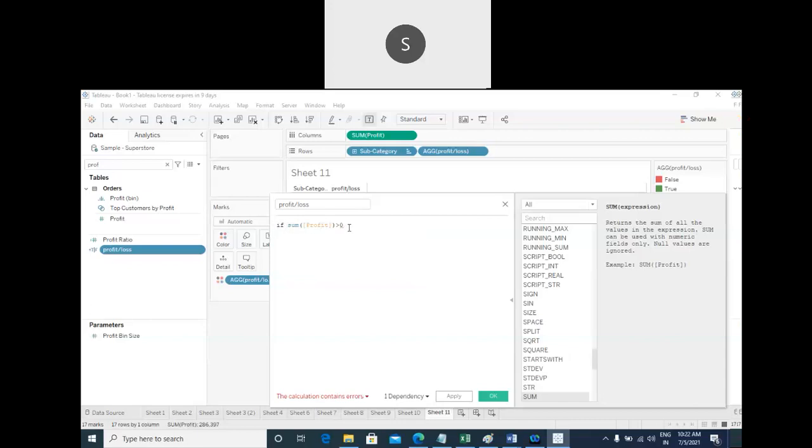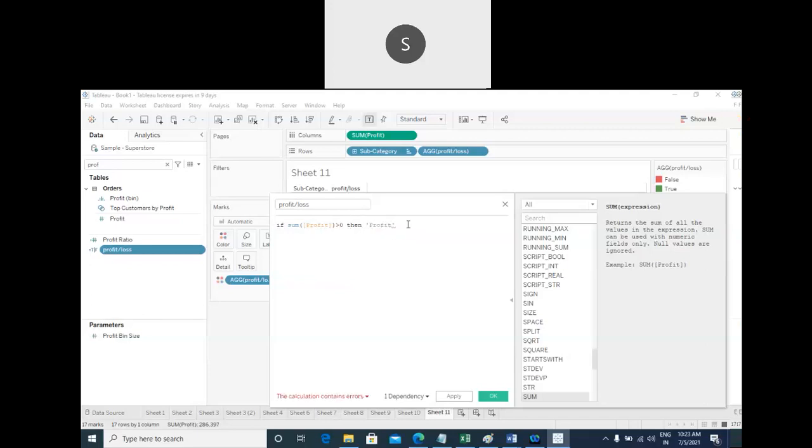Okay. If sum of profit is greater than 0, you are saying that if the condition is true, then I can say, in single quotations, since I am writing a text, it should be in single quotations, it's a profit.